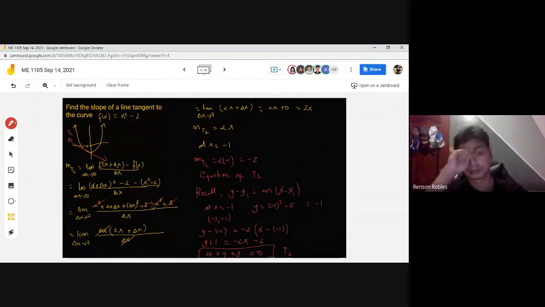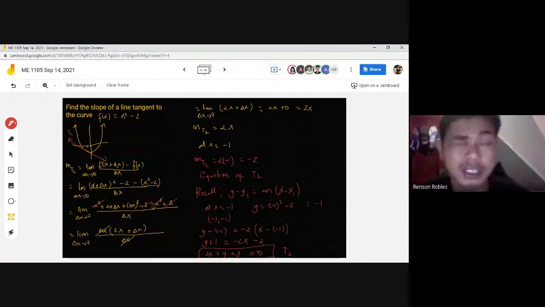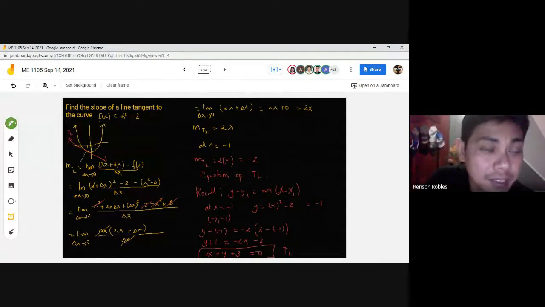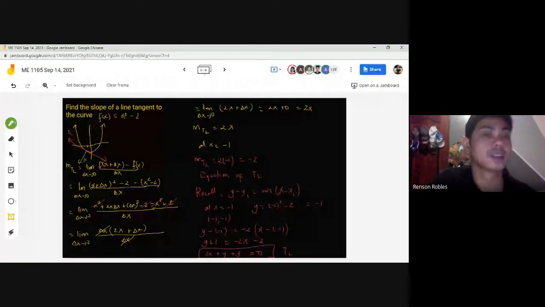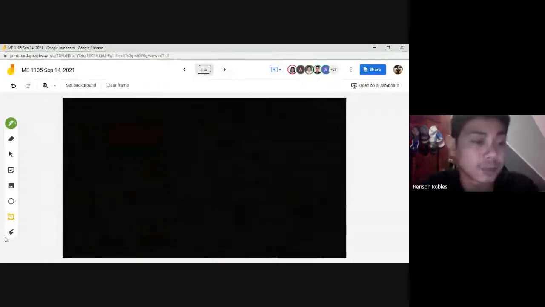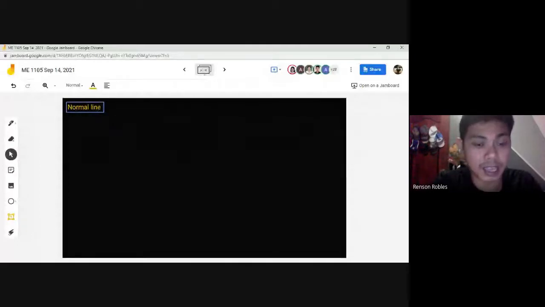Amar? And there will be another line that you can draw out of that point perpendicular to the tangent line. And we call it the normal line. So ito na yung ating normal line. And then you join on pair number 6 as we formally define what is a normal line. So normal line is a line perpendicular